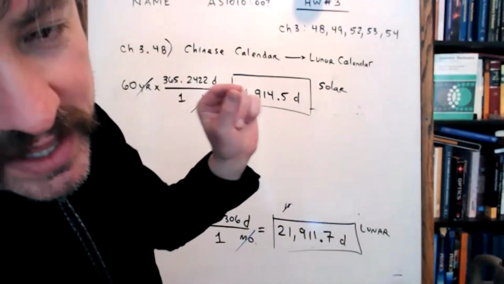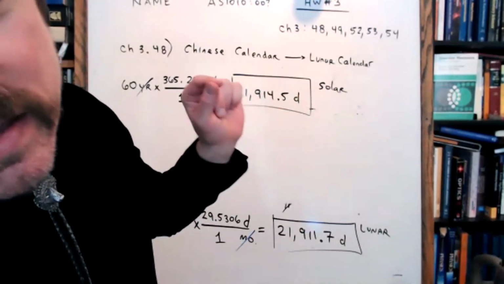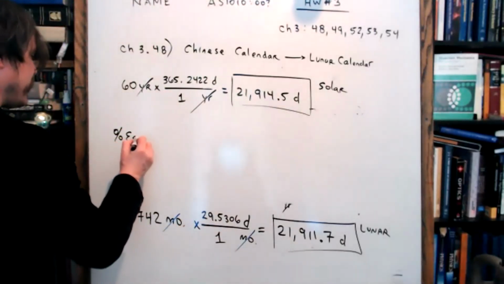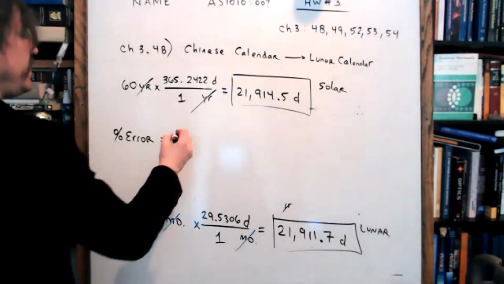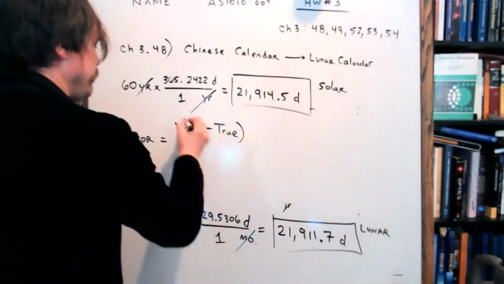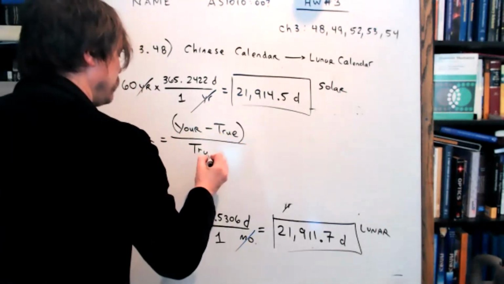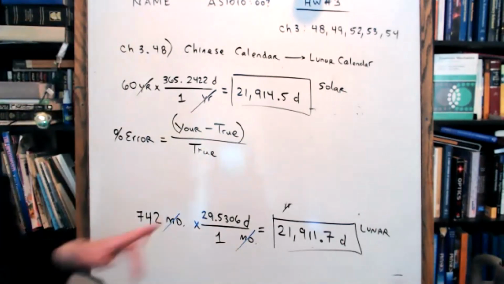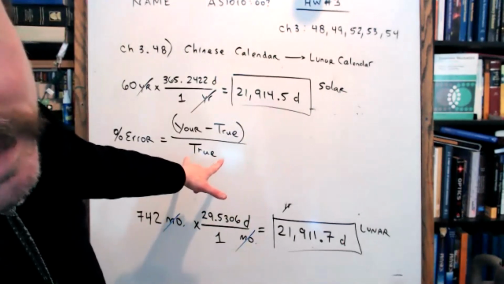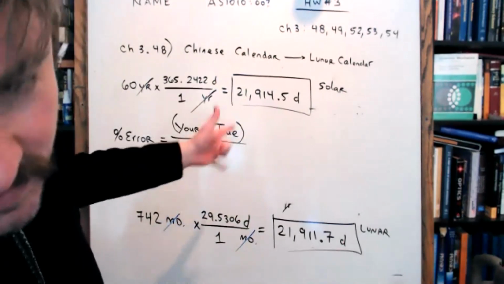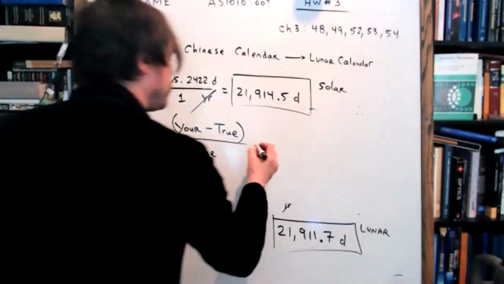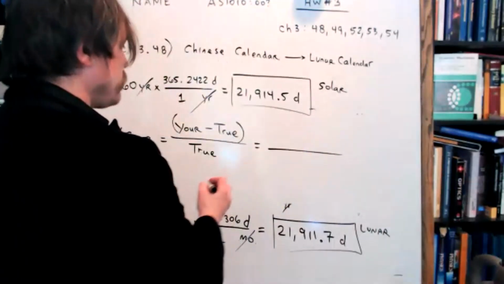When you have two numbers that are really close, a cool way to compare them is to calculate something called percent error. Let's write the formula down. One way to look at it is your value minus the true value, divided by the true value. In other words, you take the difference of the two numbers and divide it by one of the numbers, whichever one is more true. In this case, it's not really clear which is the true number. So let's do